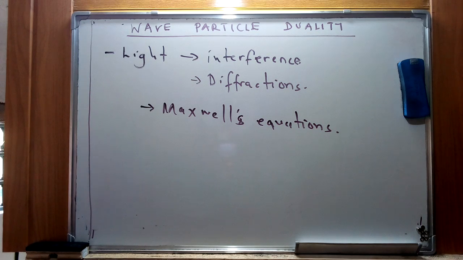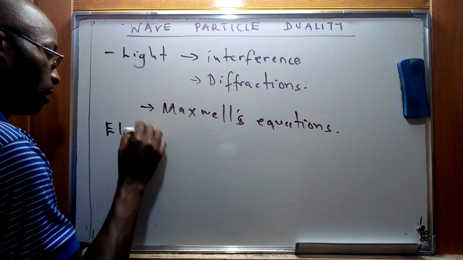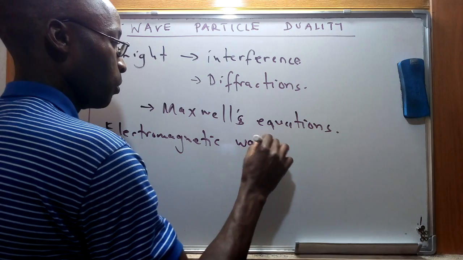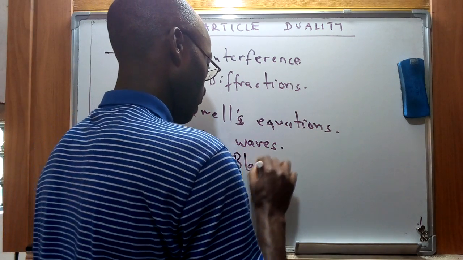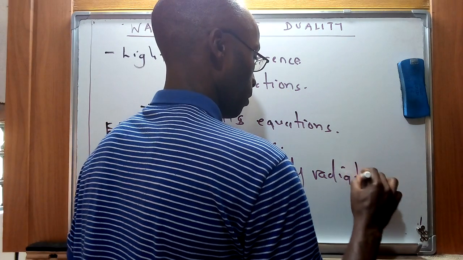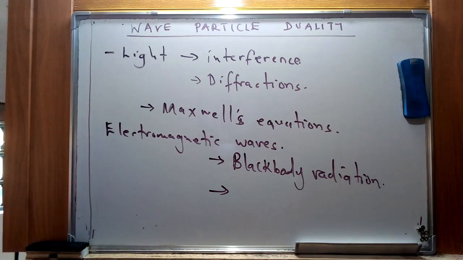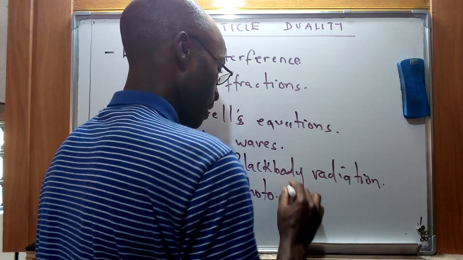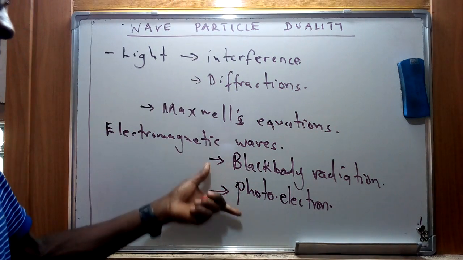There are some instances whereby this aspect of light, or the behavior of electromagnetic waves, is put into question, especially on aspects like the black body radiation curves, which give a particular behavior. And then we're going to see, from the concept of the photoelectric effect that was explained by Albert Einstein, the behavior of light as a particle.